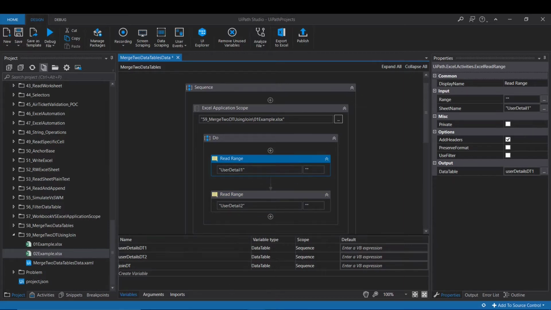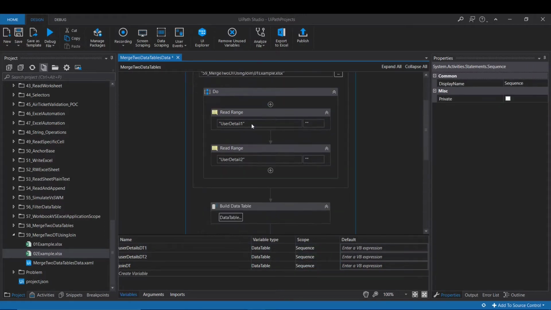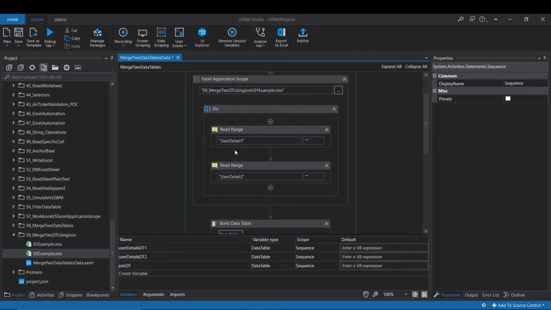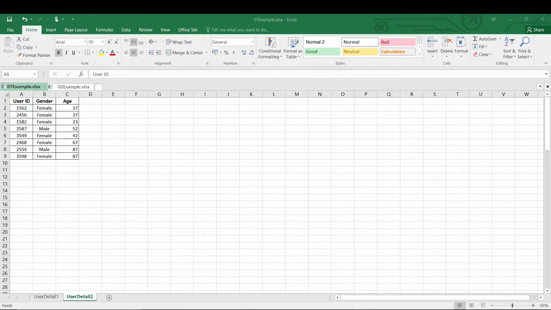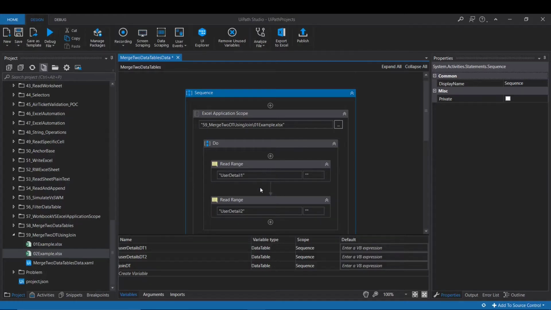In the variable pane, you can see user details 1 with the variable type data table. The scope I have selected is the sequence. Up to here, we have read this whole sheet and the other sheet.